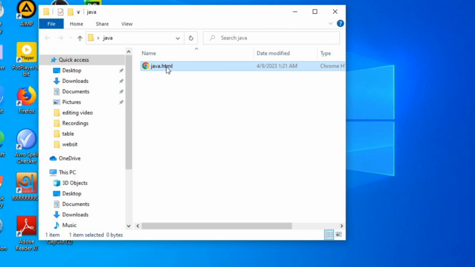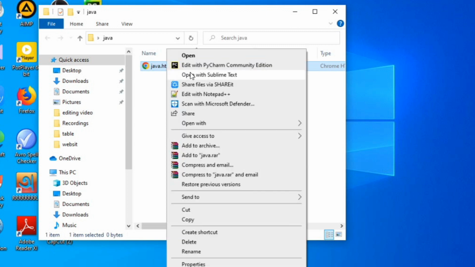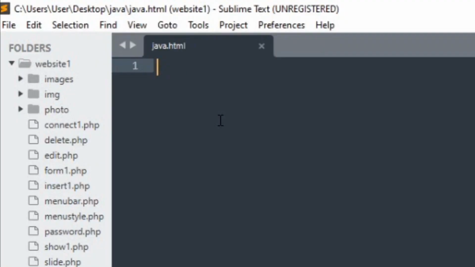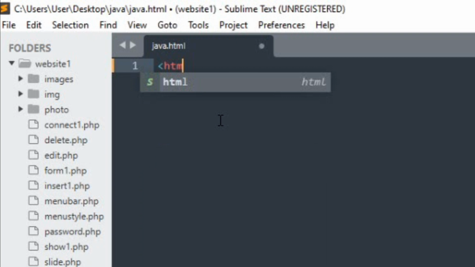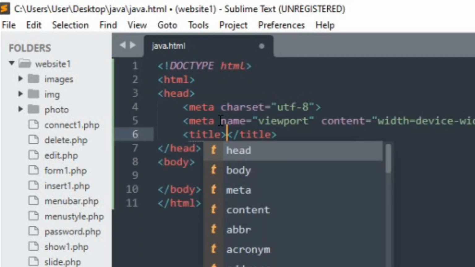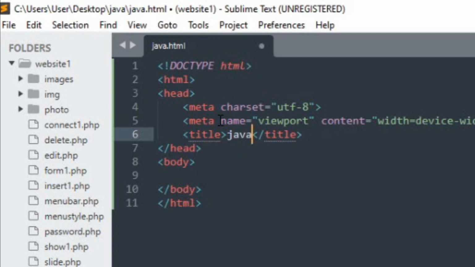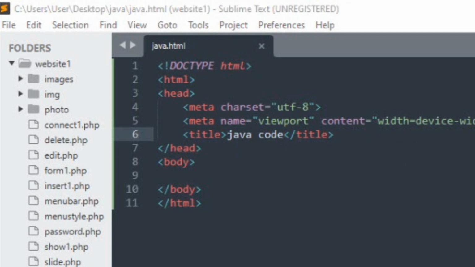Right-click, open with Sublime Text. Now write HTML boilerplate, HTML, hit the enter button. Java code. Ctrl S to save, and now